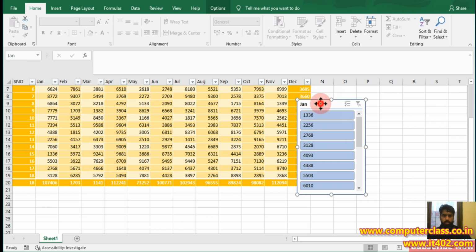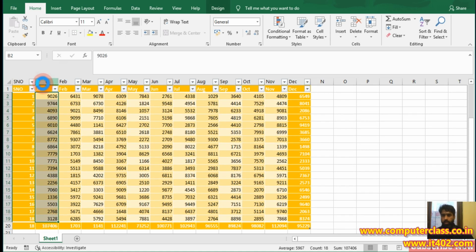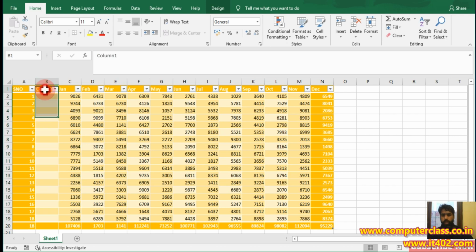So I just select and delete this one. In column number B, I insert a column and I want to put the day's name here, like Sunday, and I just drag this like that.